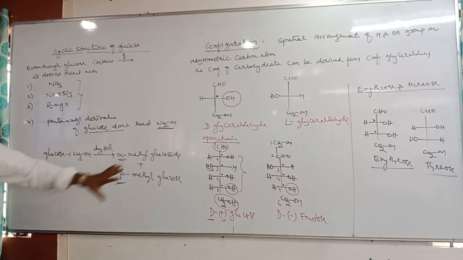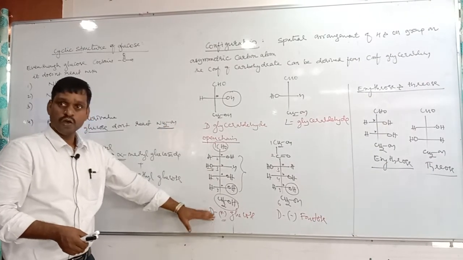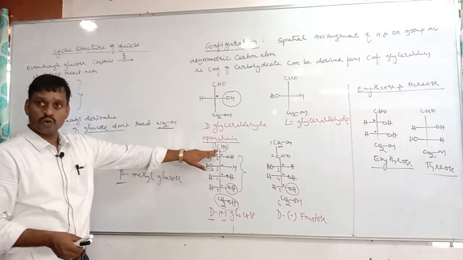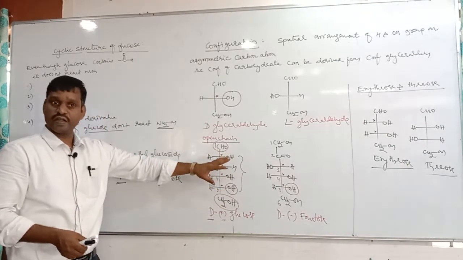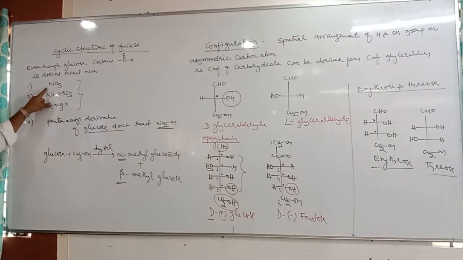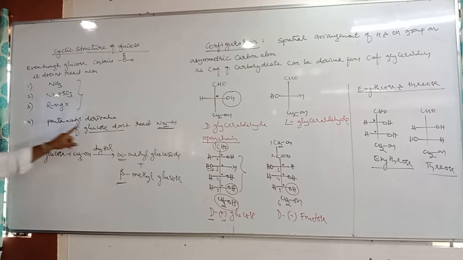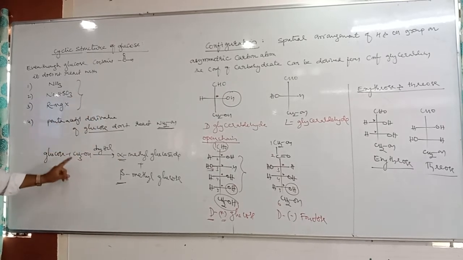Okay, do you understand? Till here, whatever we have studied is the open chain structure. The open chain structure has an aldehyde group and 5 OH groups: 1 primary alcohol, 4 secondary alcohols, all right. If glucose contains an aldehyde group, it should react with ammonia, but it does not. It should react with sodium bisulfite, but not. It should react with RMgX, but not. It should react with hydroxylamine, that is, the penta-acetyl derivative, but not. And moreover, it reacts with methyl alcohol.